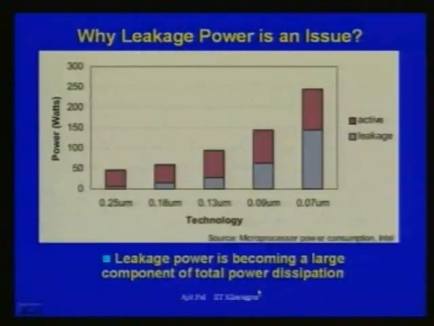dynamic current, that means the active power dissipation or dynamic current, which is due to the charging and discharging of capacitors and other sources. So if you look at this diagram, it will be very clear. You can see for 0.25 micron, this static current is insignificant, you can ignore. At 0.18 micron, yes, it is visible, but whenever we go to 70 nanometer, leakage current is more than the active